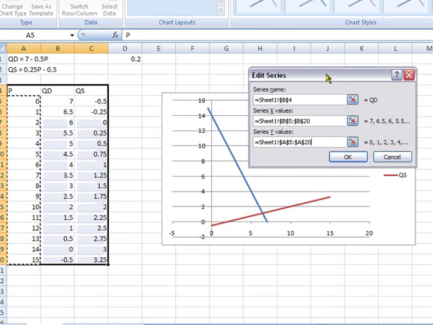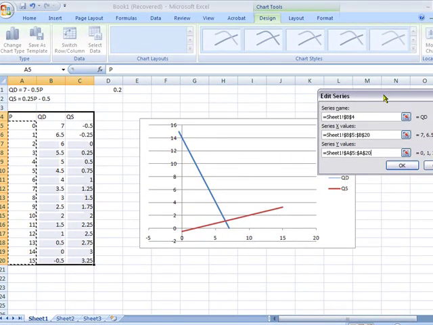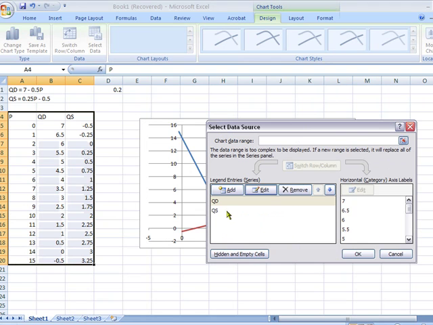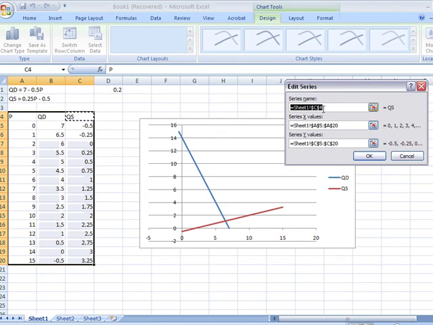You can already sort of see what's happening down below. It's a little weird because the quantity demand has price as the vertical, but I haven't fixed the quantity supply to have price as the vertical either. So right now the picture is going to look a little odd. But after I go in and edit the quantity supplied column,